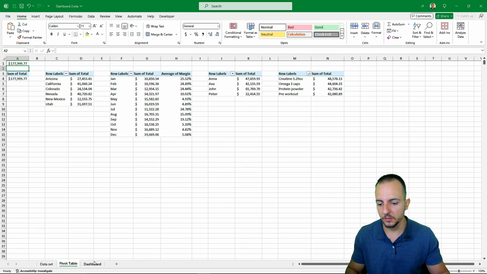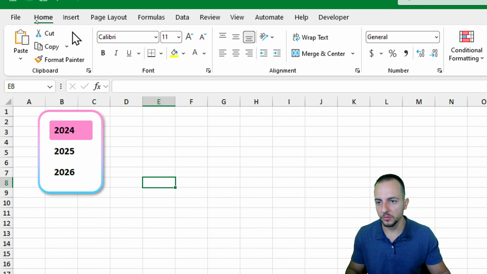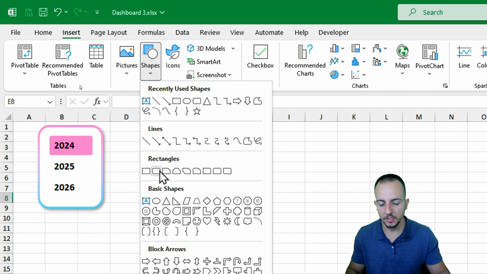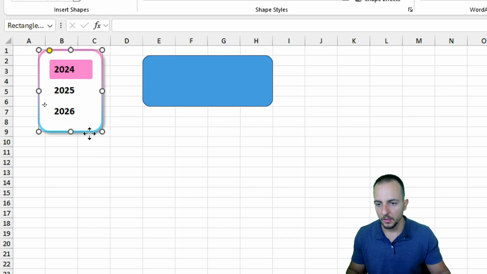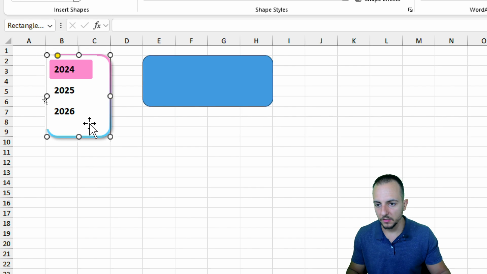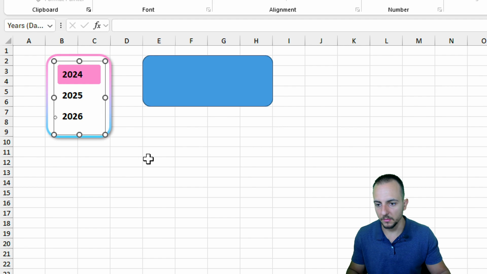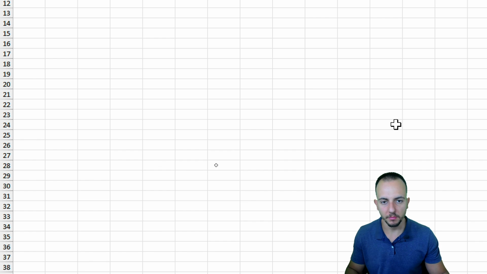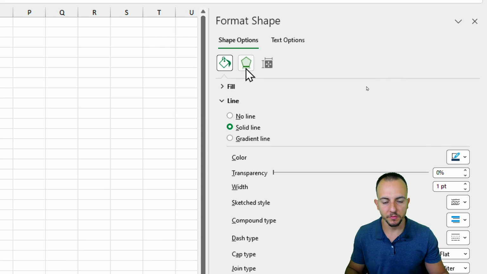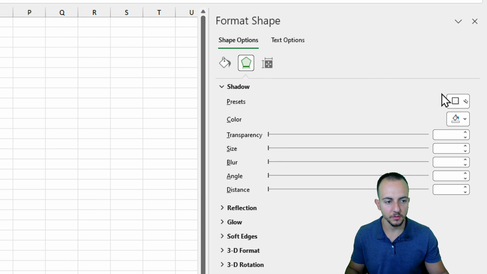So let's do it. Let's go back to the dashboard, and I want to insert a shape that can be, again, a rectangle with rounded corners. Click, hold, and drag to make the area, maybe like this. Let me bring this a little bit down like this, and the slicer a little bit in. Into this card right here, I can right click and then go to format shape. We can first start with the effects, go into shadow and choose here shadow,